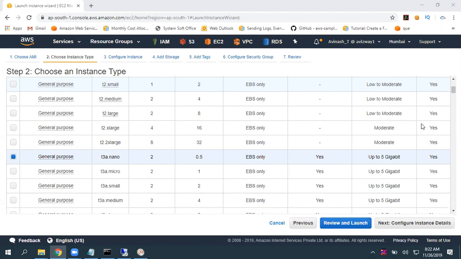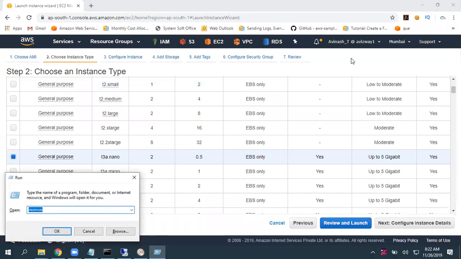And if it is related to compute, so if it is a T2 or T3 micro, we have an option, T2 or T3 unlimited. You can add that. It is going to add some more EC2 CPU cores. Otherwise, move to different instance categories. So these are all options. Am I offloading some of the requests to any other instance? What are the options we discussed? We are taking only one EC2 instance.